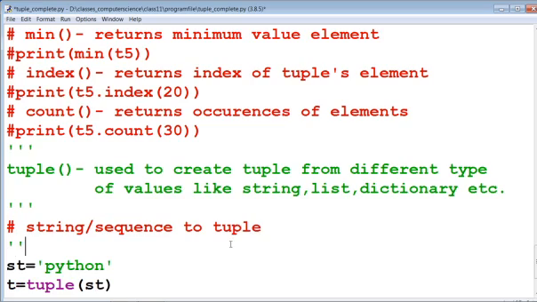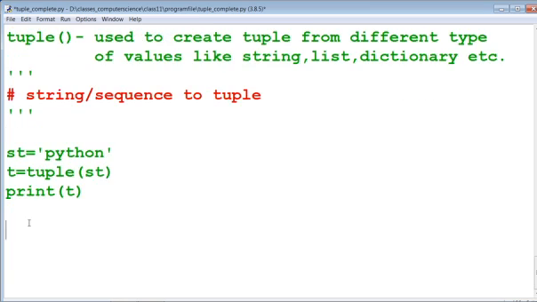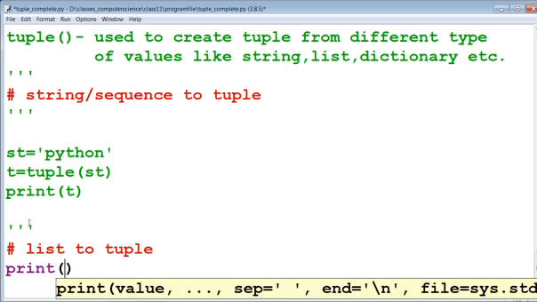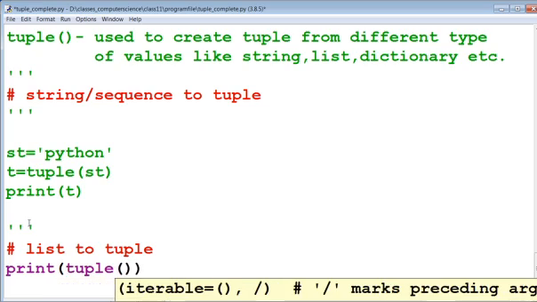Now if we are going to design the tuple from a list to tuple, you can see that we use tuple and now we pass the list object: 1, 2, 3.